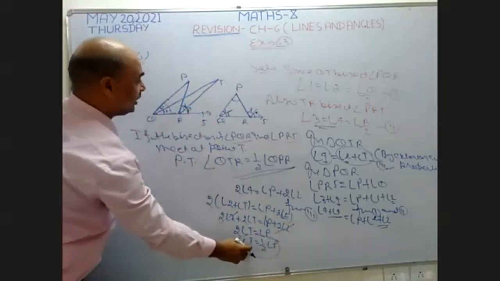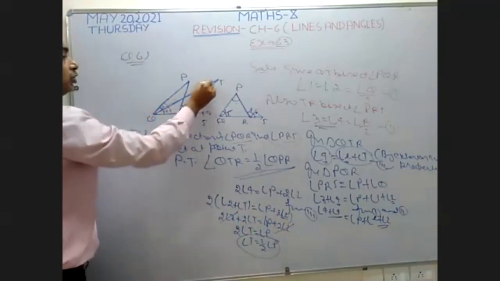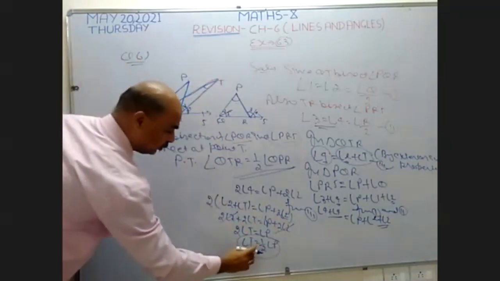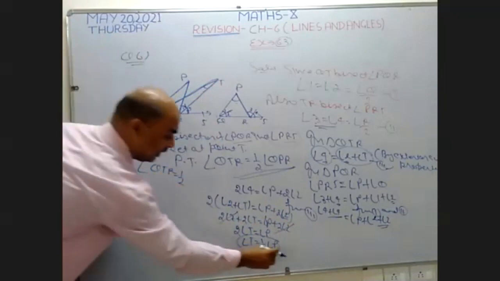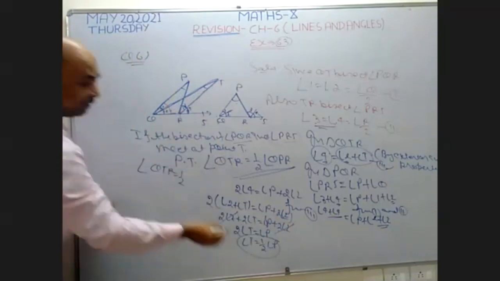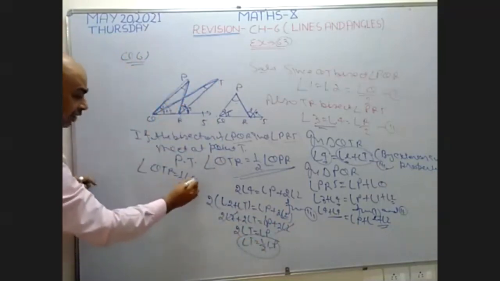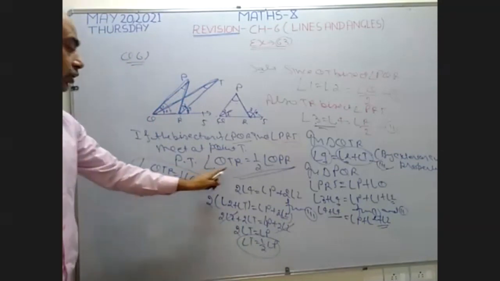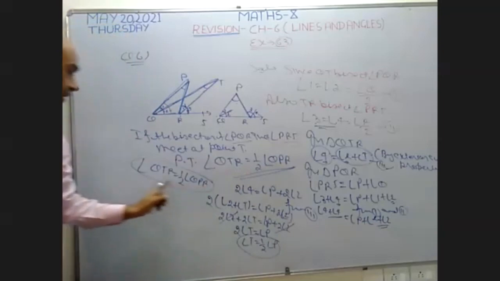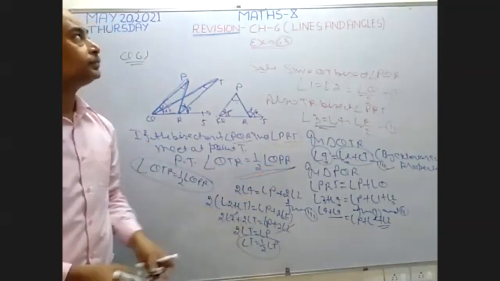What is the name of the angle T? This angle T, can I write QTR instead of T? Yes, sir. And I am going to name the angle P. The name of angle P is QTR. So write here QTR and check your answer. What do we have to do? QTR equals half angle QTR. Okay, beta, clear to all?